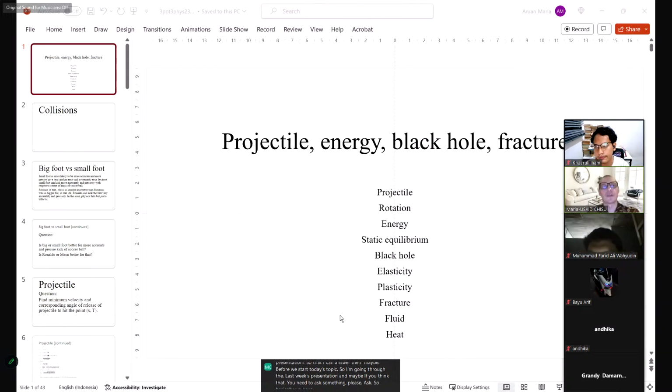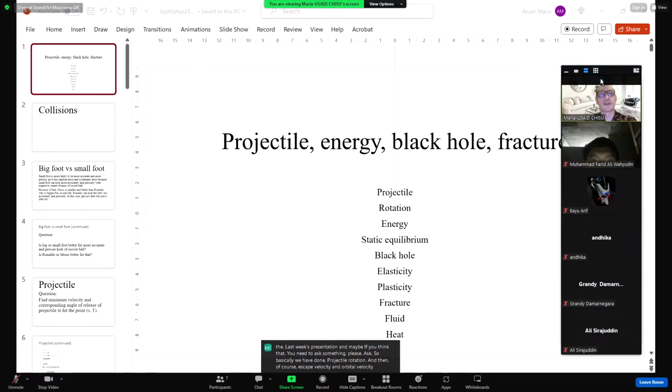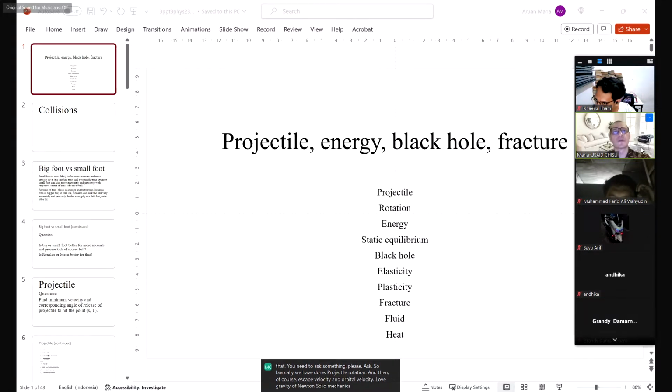So basically we have done projectile rotation, and then of course escape velocity and orbital velocity, Newton's law of gravity, solid mechanics, free body diagram, inclined plane, without friction, with friction, block stacking problem, spring, pendulum, oscillation,